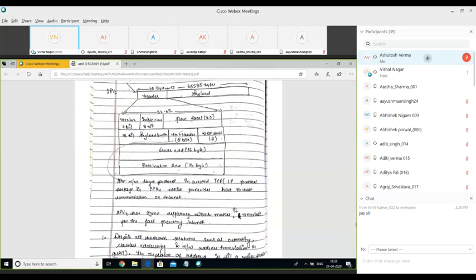Then we have the next field as flow label. This flow label field is a 20-bit field, which is still under development. We do not have the complete IPv6 with us, and some of its fields are still under development. The purpose of this flow label field is to allow source and destination to establish a pseudo connection, a logical connection between the source and destination.